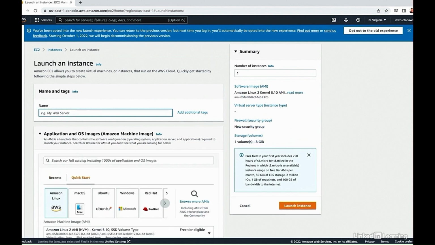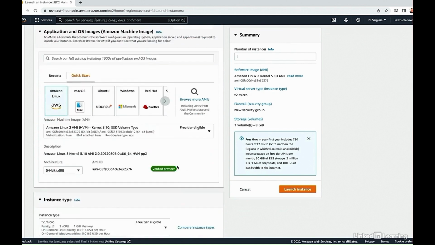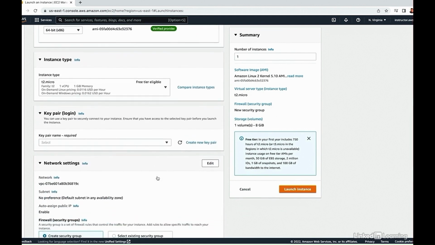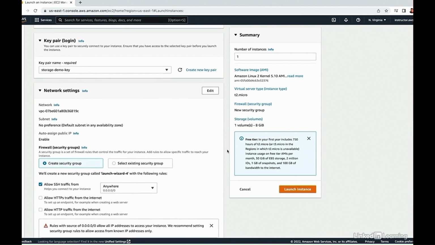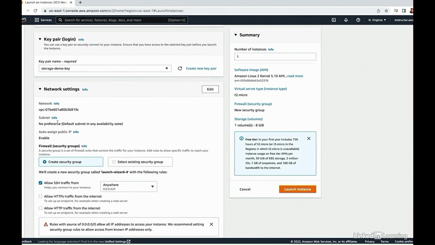Now we'll call this EBS Demo 2. We'll keep the same AMI, which is Amazon Linux 2, and the same instance type. For the key pair, instead of creating a new one, we'll use the drop-down and select the one we've already got, Storage Demo Key. Under Network Settings, instead of saying that we have no preference for the subnet, we'll click Edit,